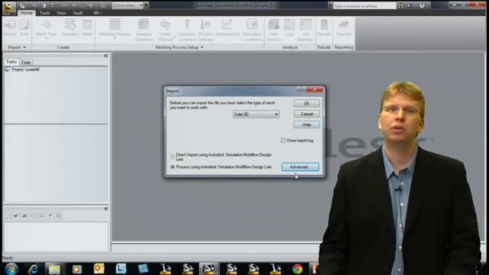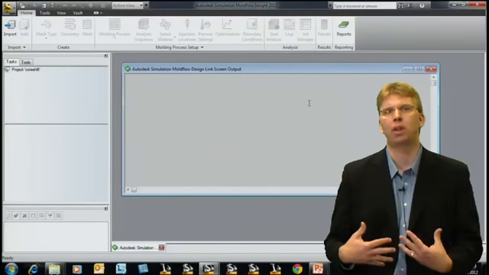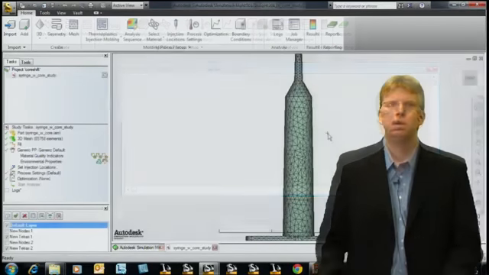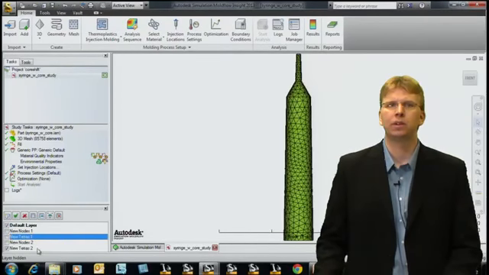After we've chosen all of those different options, we can just go ahead and hit OK and let the software read in the model and mesh it as part of that process itself. So now we see the model inside of the software. And when it read the model in, it actually meshed it. So we have two separate mesh layers, one for the cavity, and if I turn that off, one for the